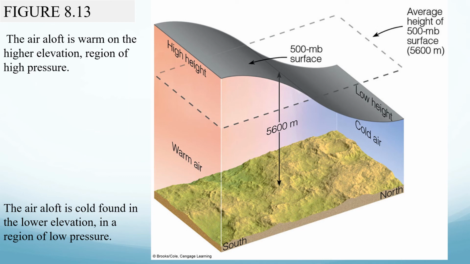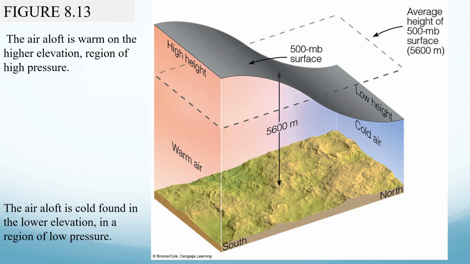From this observation we can see that when the air aloft is warm, constant pressure surfaces are typically found at higher elevation than normal, and when the air aloft is cold, constant pressure surfaces are typically found at lower elevation than normal. So this variation in height of the isobaric surface